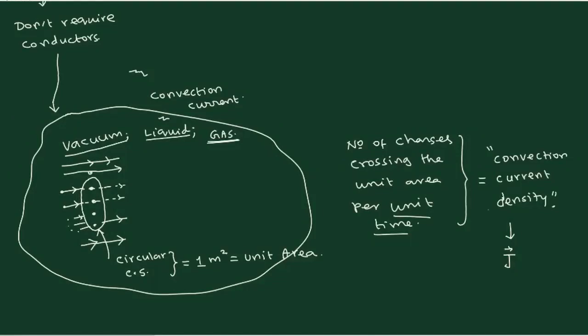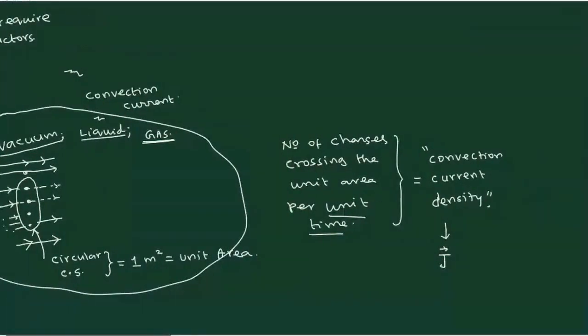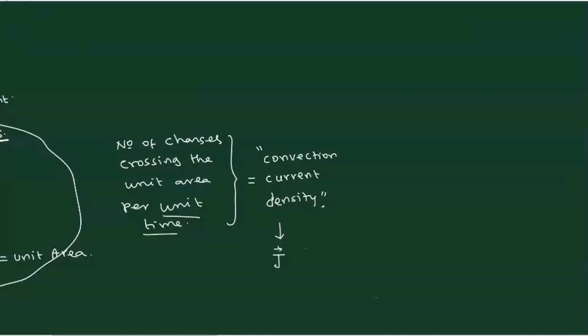So let us write down that for the current density. But in particular, since the topic under consideration is convection, you have to understand that capital J represents convection current density. So that clarity should be there. If you don't tell any topic and simply write capital J, then you cannot tell whether it is convection density or conduction density. So you will have to write for what reason you are writing this, only then the meaning of J will be clear. So this is clear, and then what are the dimensions of this?